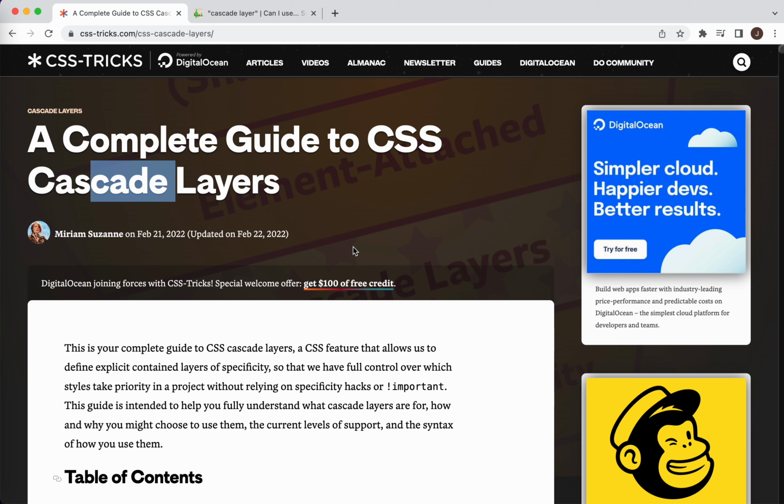But before I start, I must say this cascade thing is a pain in the ass. I must say I don't like it. I think CSS is powerful, but I don't like the C part. CSS is the cascading style sheet, so the C actually is cascading, but this is just